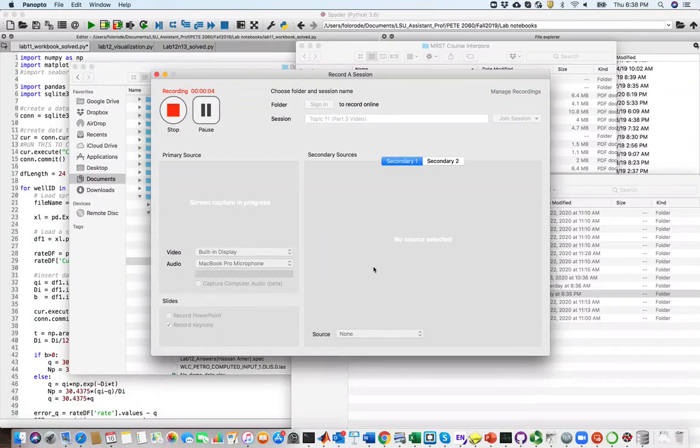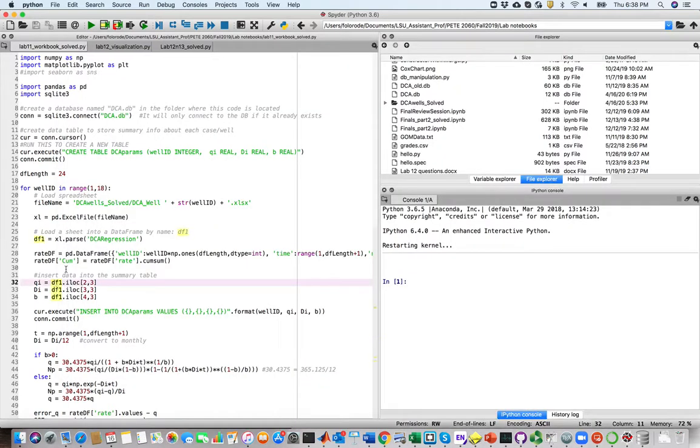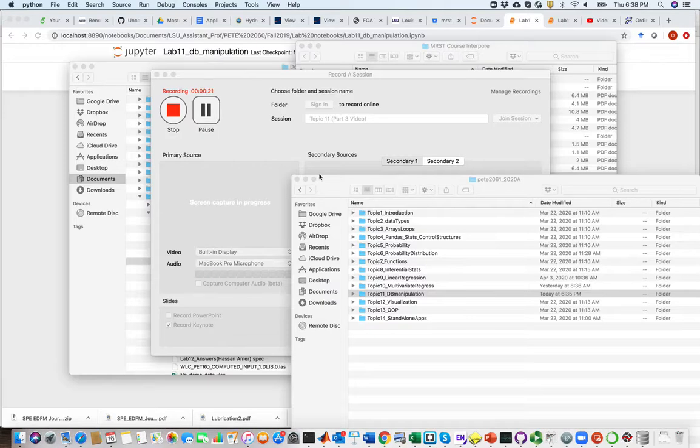Okay, so this time around I want to use Jupyter Notebook and I want to start from the very beginning. So I'm going to close everything I have open here and start out with